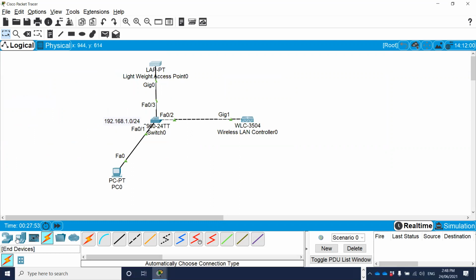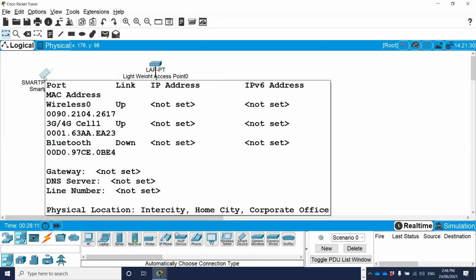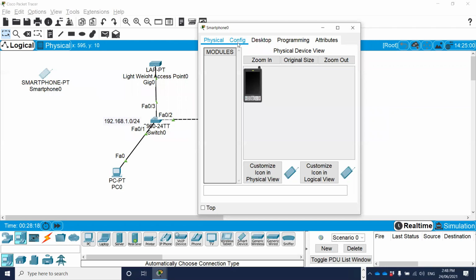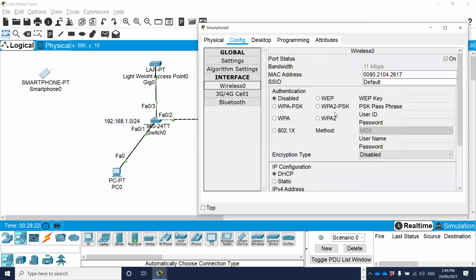Now, I want to connect one device. I'll go to PC, I need a device. Let's say a smart device. We have this kind of phone, I'll drag and put it here. The reason is this phone has a wireless card. If I click on this phone and go to config, you see it has a wireless NIC card, because we need a wireless NIC card. And if we expand,